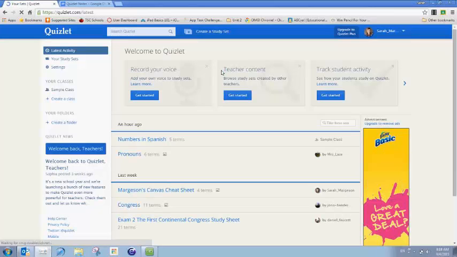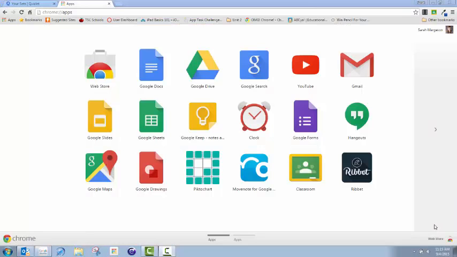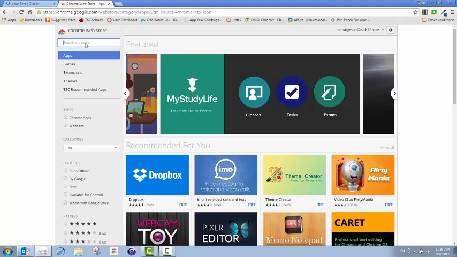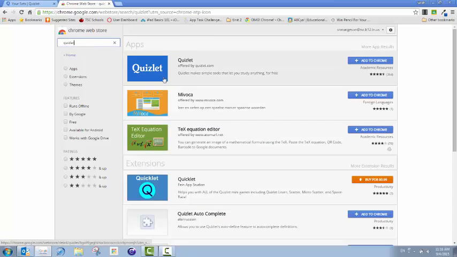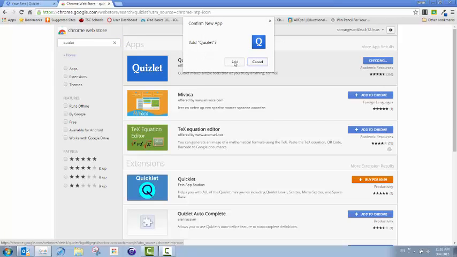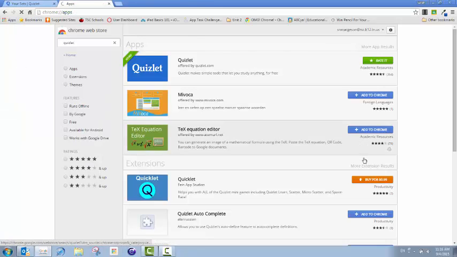Once you click sign in with Google, you'll be asked to choose your account. Once you're logged into Quizlet, you'll notice that your name appears in the top right hand corner and that corresponds to your account. In order to get the Quizlet app for your Google Chrome, go to Web Store, and search Quizlet. And then the first one that comes up should be Quizlet, and add to Chrome. And it's asking me, are you sure you want to add? Yes. And then what I'll notice is that it has been added to my app launcher, and it has also been added